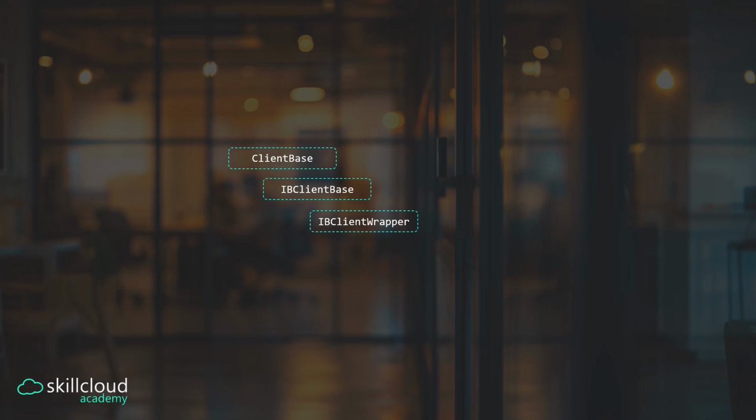This base class will grow substantially over time when we implement new wrapper functions for additional data objects as we proceed. Finally, we have the live client that inherits all of the above through the IB client wrapper. Ideally, the live client should only contain code specific to its task. It should contain the job scheduler and the job itself. The job could be any specific task like executing a particular strategy or compiling a scheduled report. With all this in place, we have a solid foundation for developing the SkillCloud Trader platform without losing control over